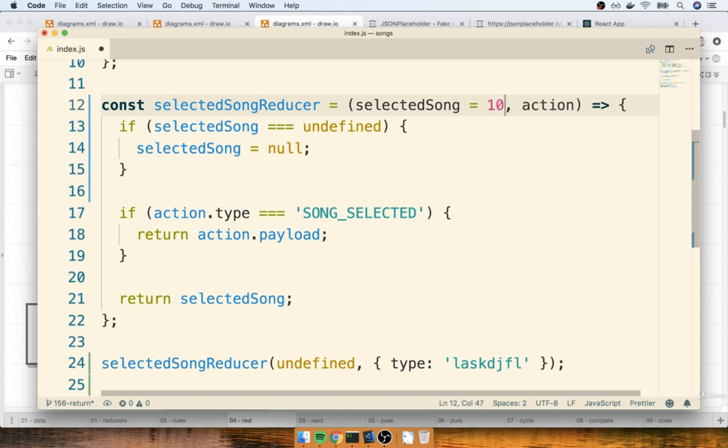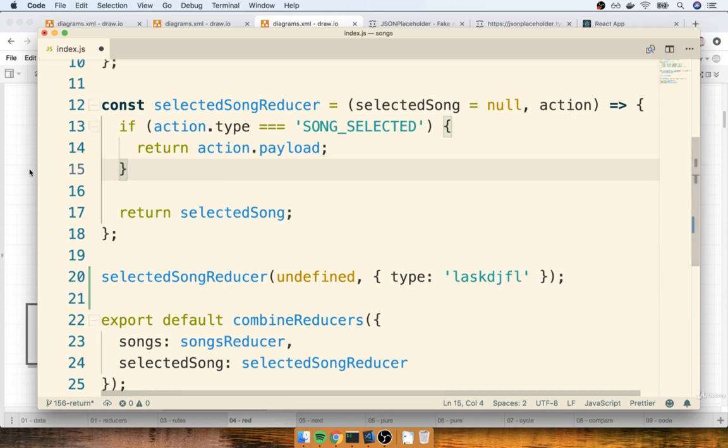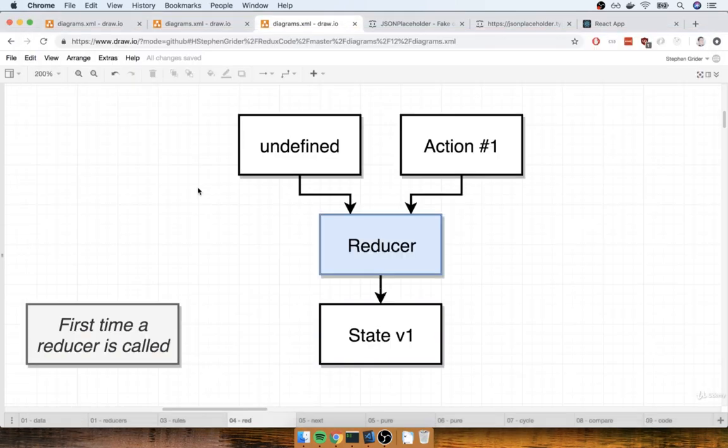It really just comes down to the purpose of the reducer that we are working on to decide on the default value. But in the case of selected song reducer, a default value of null made a lot of sense because that meant there is no currently selected value inside of our application. Okay, so I'm going to clean that up really quick, and we're going to flip back over to this diagram.